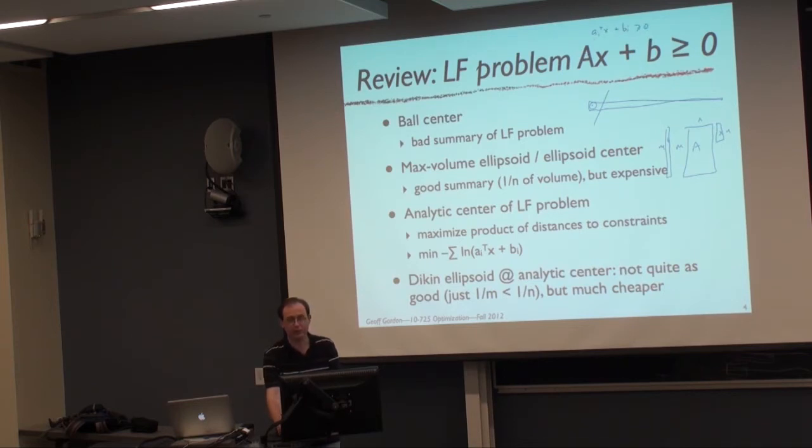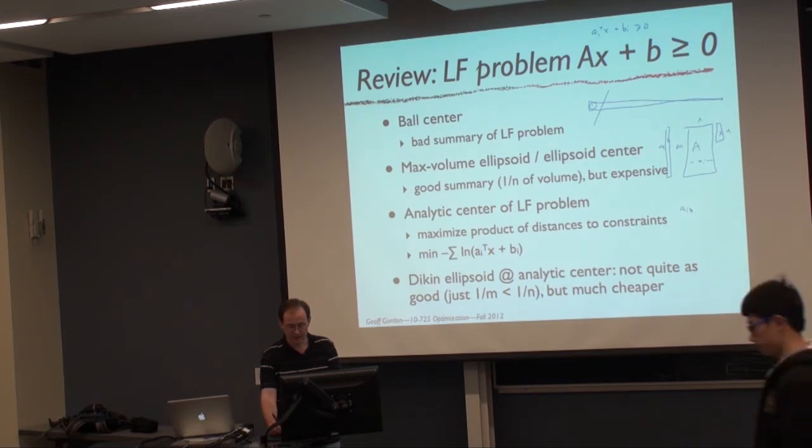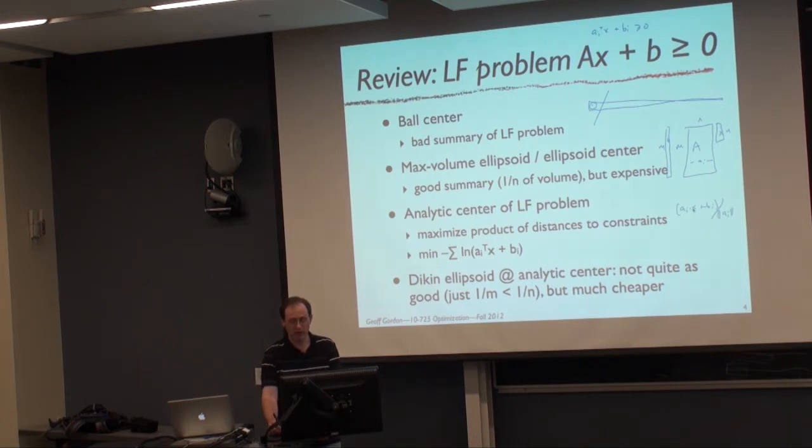So ai is the ith row of A. And the distance to a constraint would be then ai dot x plus bi, whole quantity, divided by the norm of ai, right? Because if we move x around, if ai is unit norm, then the